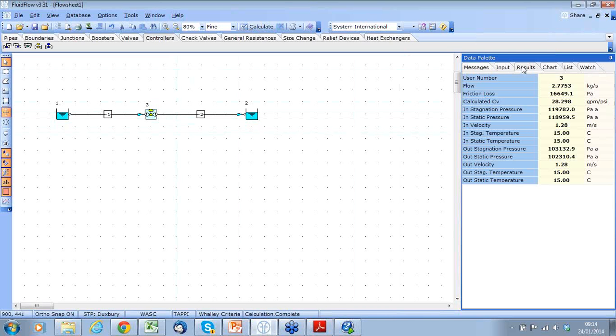I've recalculated, and if I look at my results, you can see the software is calculating the friction loss and also the calculated CV in gallons per minute per PSI, 28. And we can change these units to whatever units we wish. Okay, and you can change this to calculated CV. All right. Let's say, for instance, if we